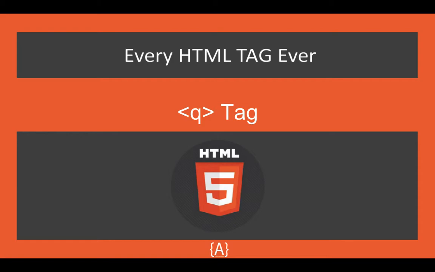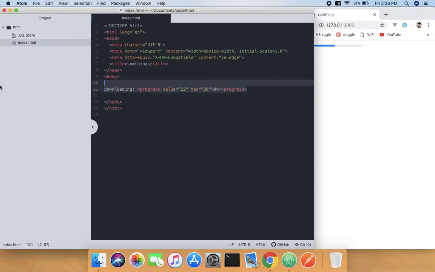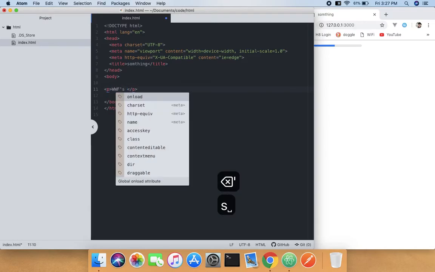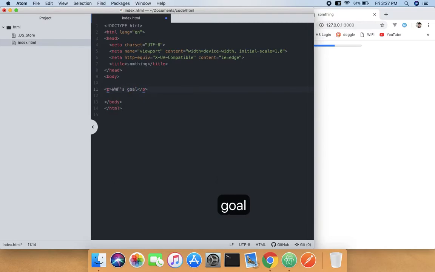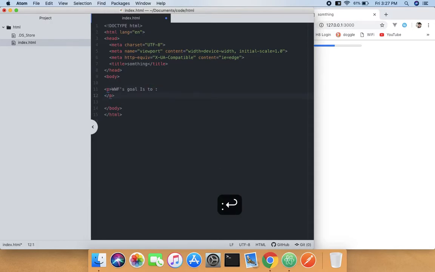So yeah, what Q tag stands for is quotation, or short quotation. So what we need to do is remove all that, and just use a P tag and write WWF, goal is to. Now if you want to put it inside a quotation, what you need to do is use Q and